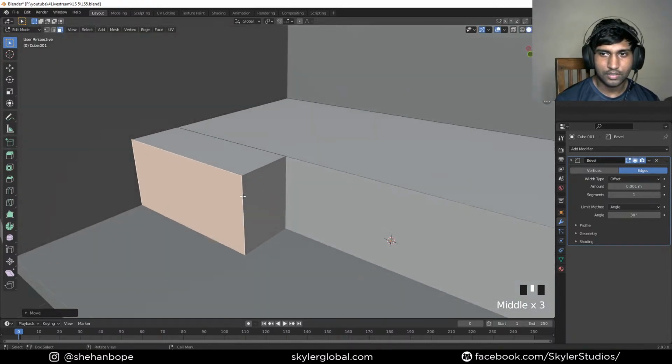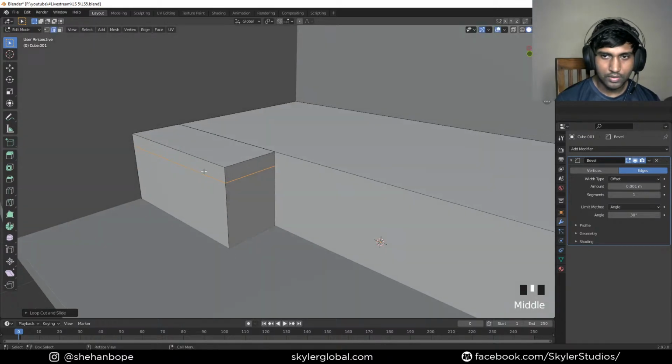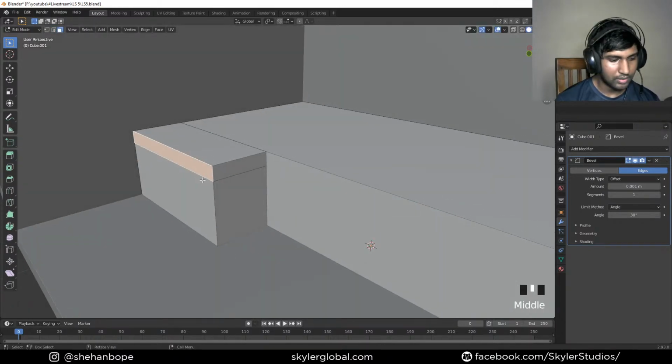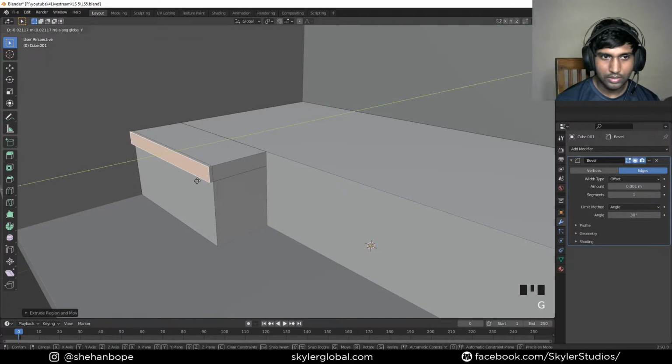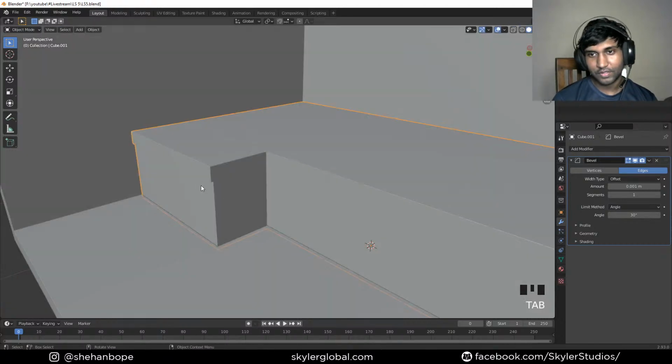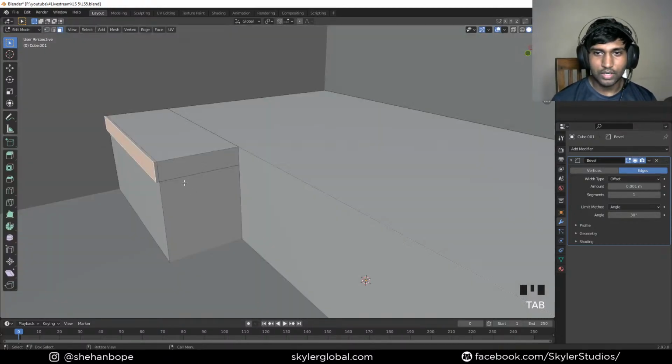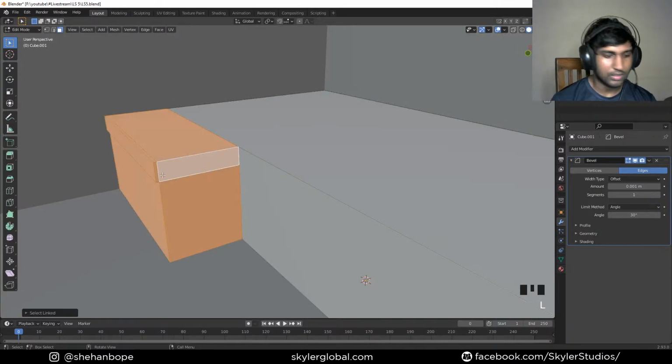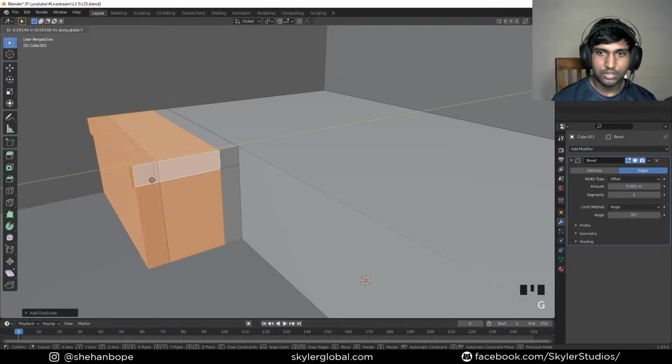And I think I'm gonna add a loop cut here, and we have one of our neighbors from India. That's cool. So now I'm gonna select this, Shift D, GY,